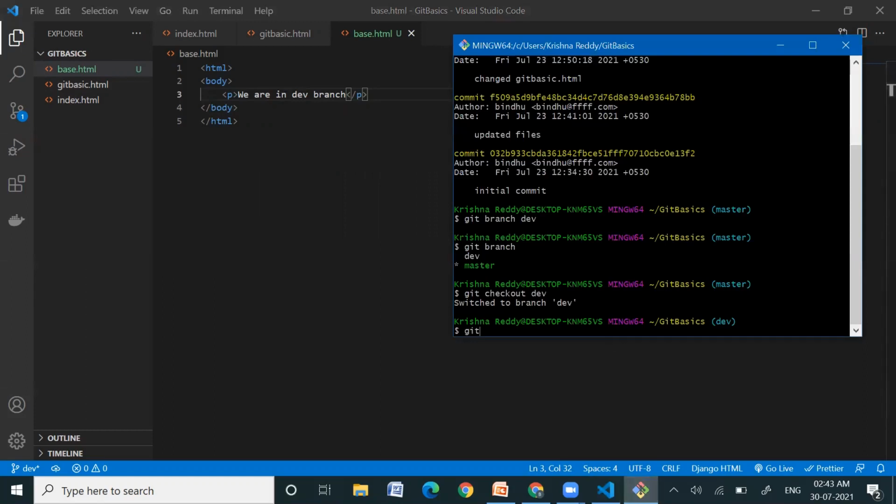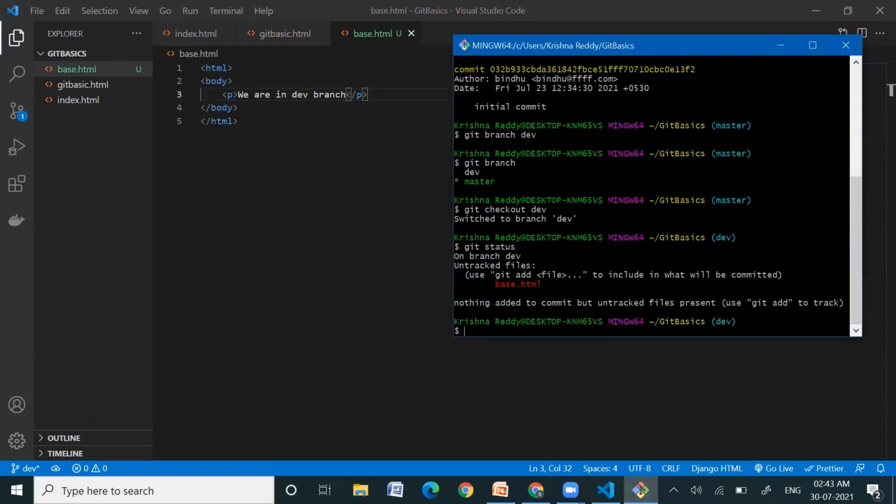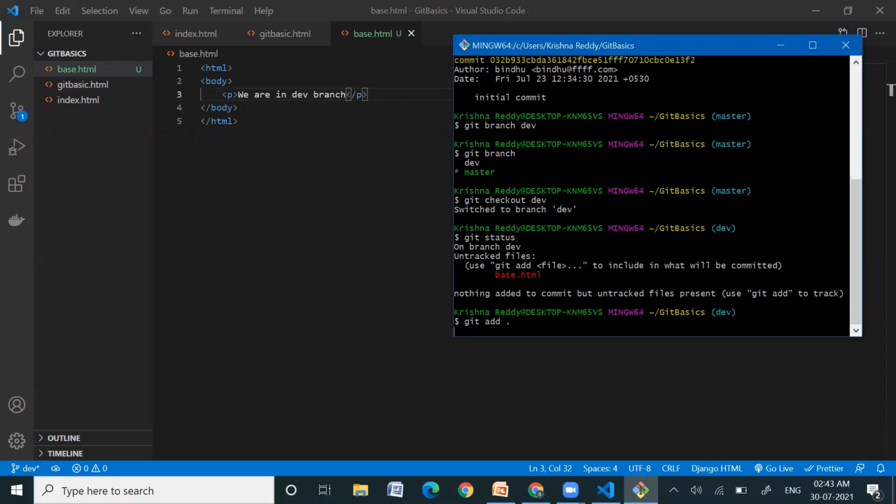Now we'll see the status here. This is an untracked file, so we need to add this file into the staging area. We discussed the git add command and the staging area completely in the previous video. If you haven't checked that out, go and check it out. So we add that file into the staging area with git add dot.